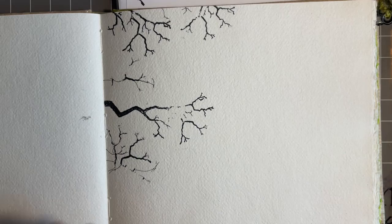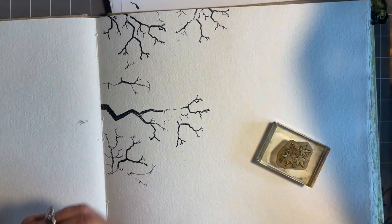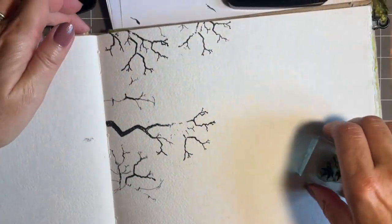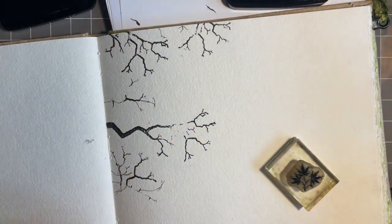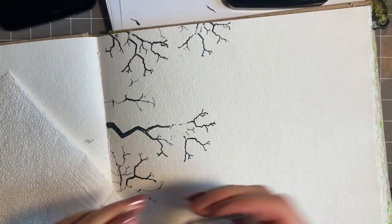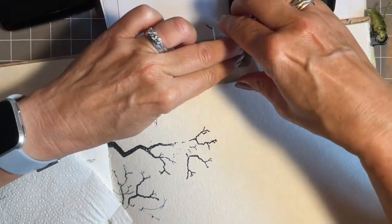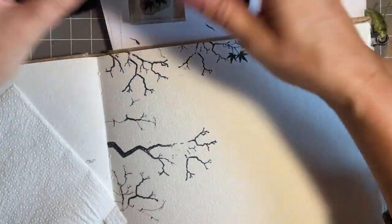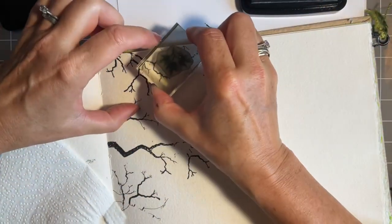And then we'll come in with, I've got one of my pound stamps, some leaves, and I'm just thinking if I stamp some of these, and again I'm going to stamp in black, make sure I've got my hands clean. Now, and again, a good press. Got to be mindful not to ink up. I tend to get in the bad habit of putting my block on here, which